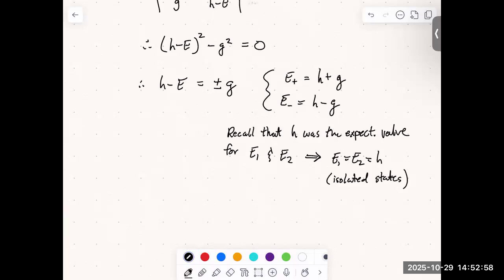And then G were the off-diagonal elements, and it seems like when we include the potential that has these states talk to each other in some way, communicate, then we get a splitting of that energy. And that splitting is determined by G. Specifically, delta E is equal to E plus minus E minus, which is equal to 2G. And this is like the energy splitting